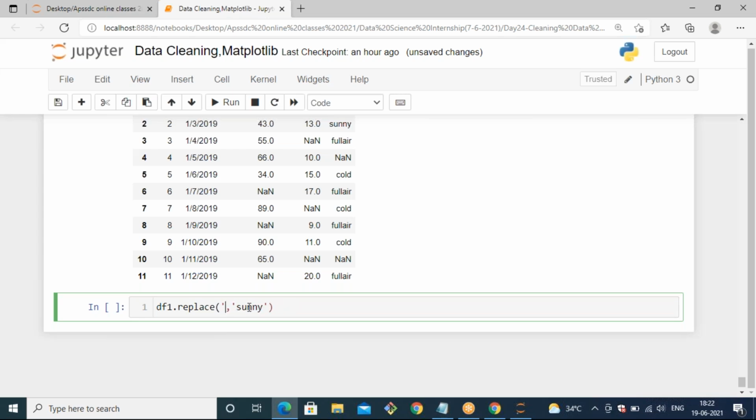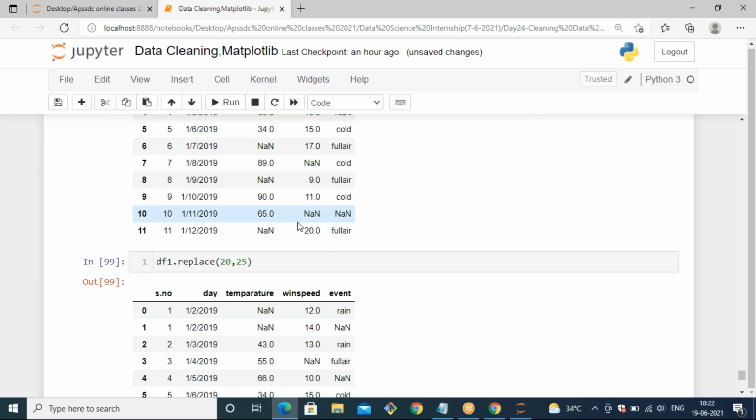When you want to apply replace for temperature and wind, they are integers, so you can pass only integers. If I want to replace 20 with 25, I can pass 20 comma 25.